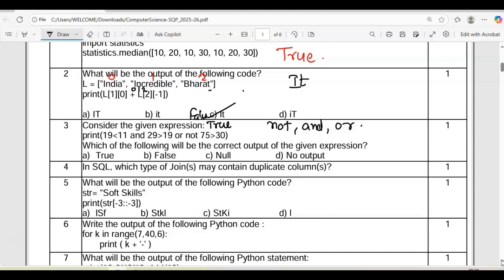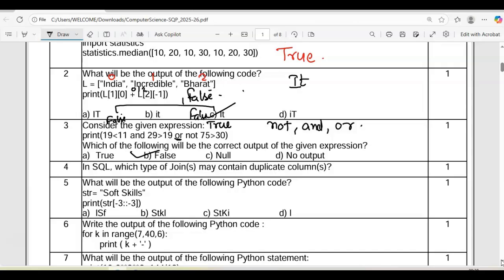Then we have here and, 19 is less than 11, which is false only. And in case of and, if one is false, there is no need to check the second condition. It is false only. So here also you got false, and then you have or. So false and false will become false. So the correct option is false.